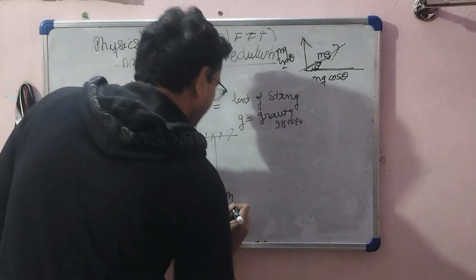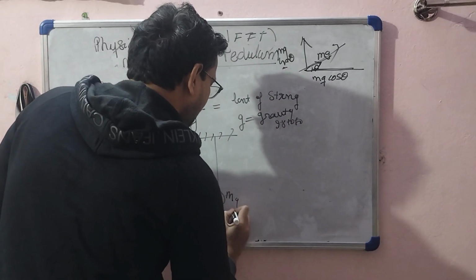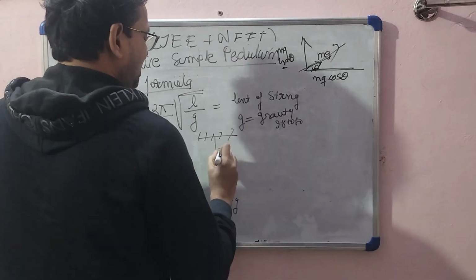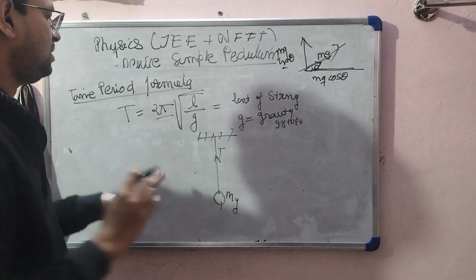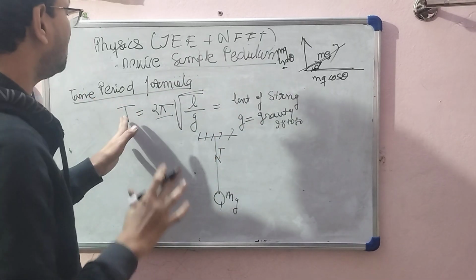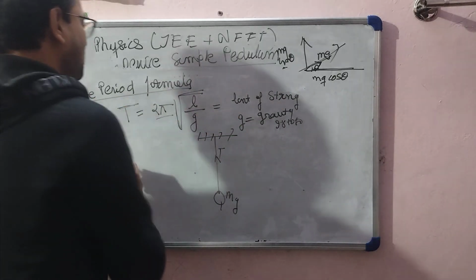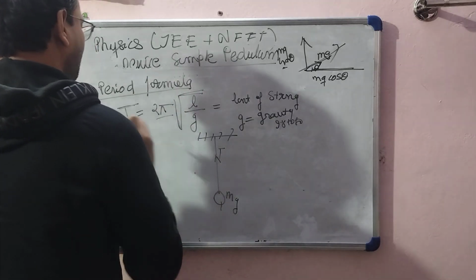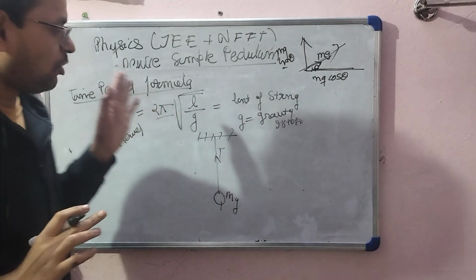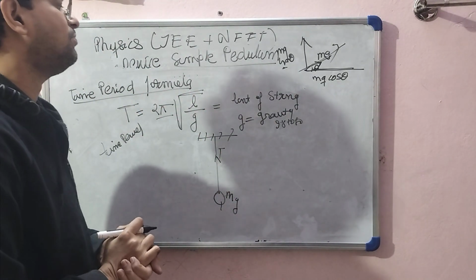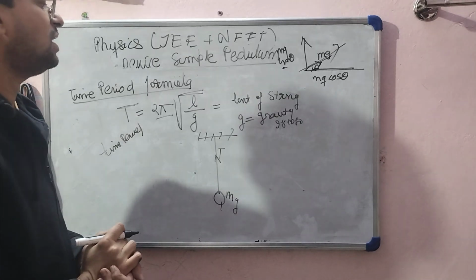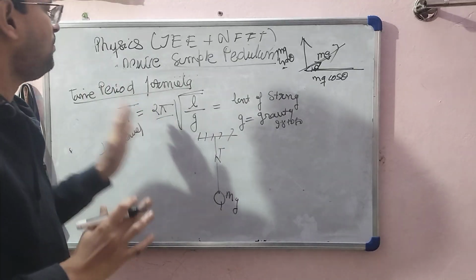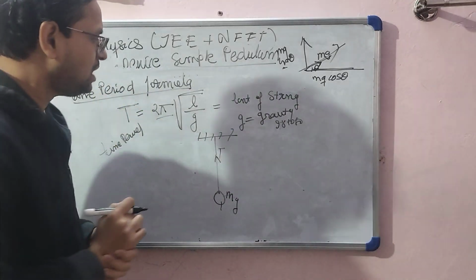We can say that for a pendulum with mass m, gravity g and tension T, okay, but this T is not tension, it is the time period. T only depends on the length of the string of the bob. It does not depend on the mass of the bob. Okay, this is the concept.